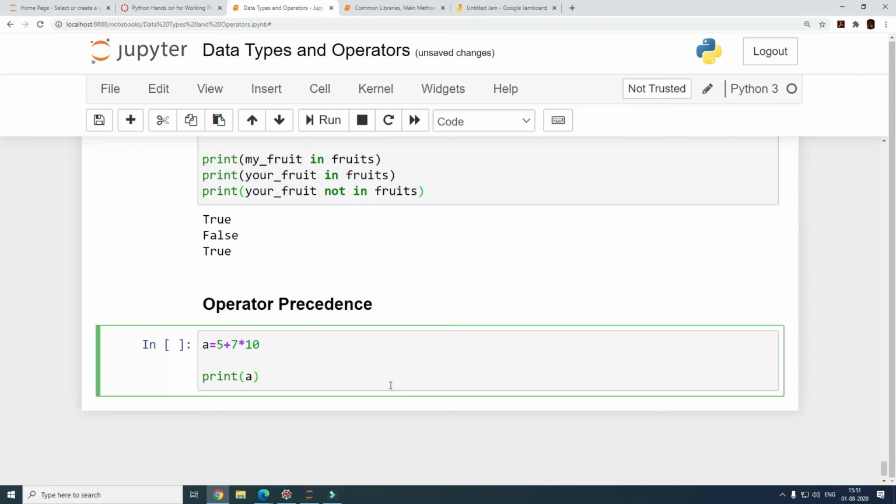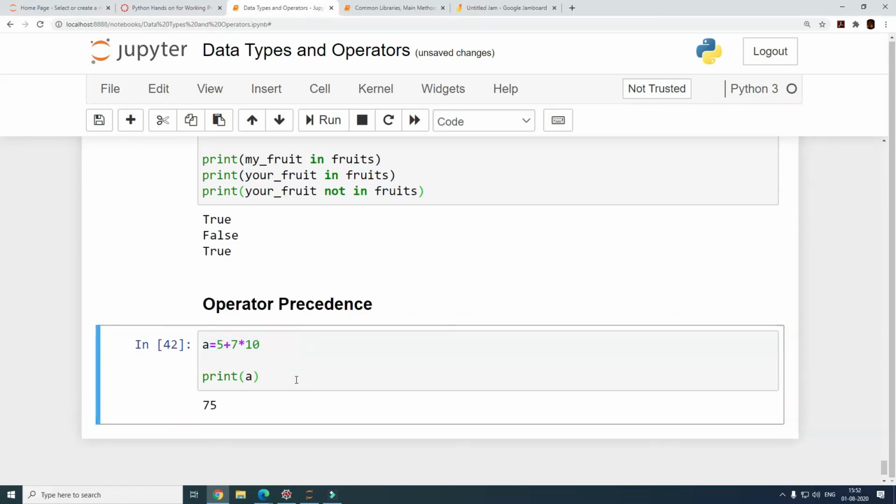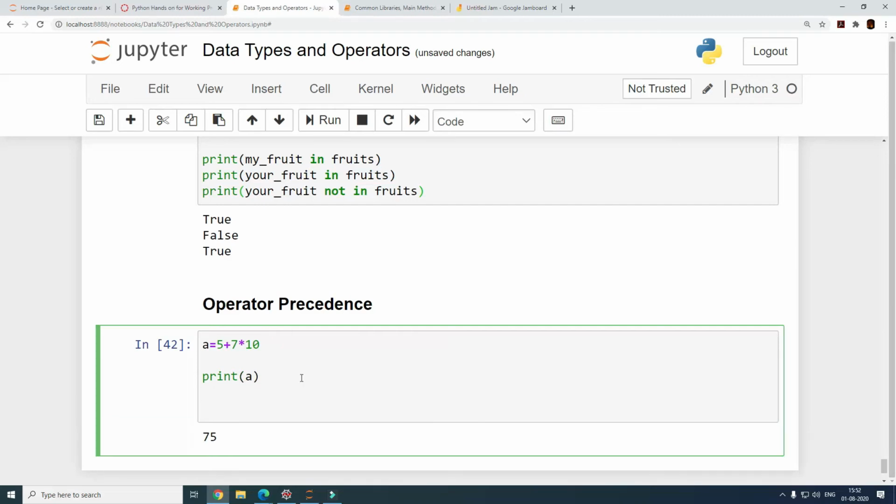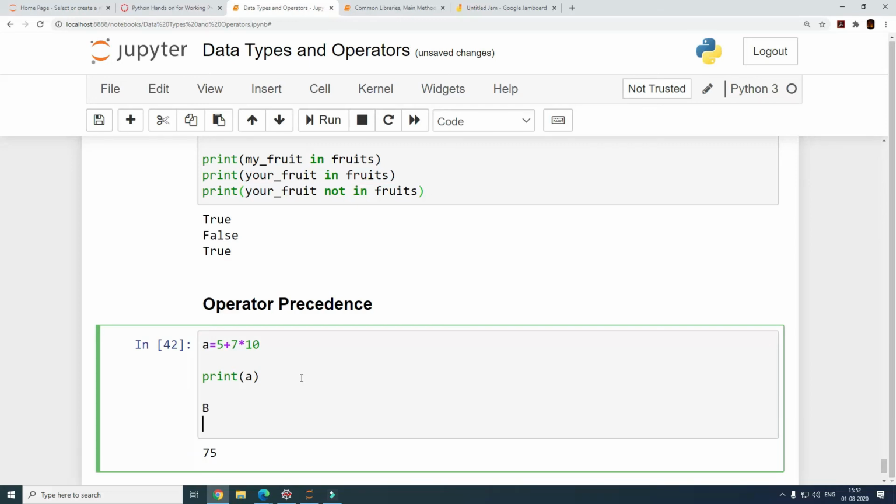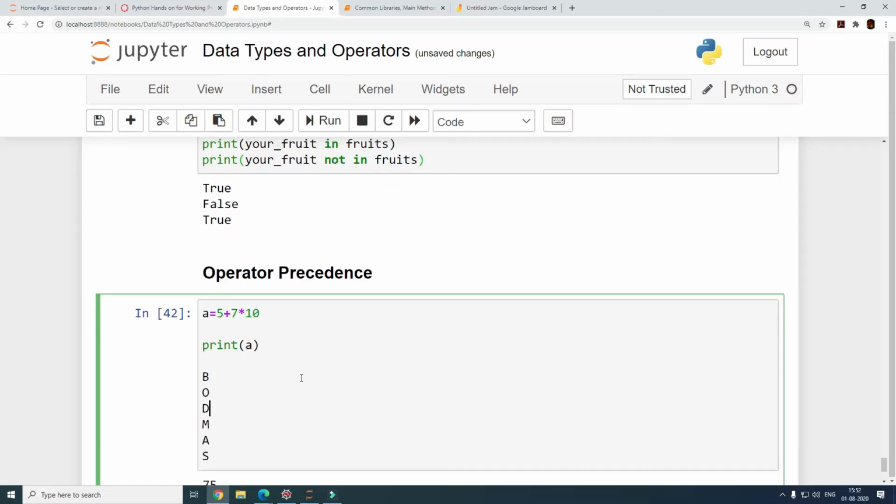Because first we have to perform the multiplication operator, and after that we will perform the add operator. Right. I think we have already learned all of this in algebra. This is the same concept which is applied here as well, right? This is not going to get executed from left to right. This is always going to have a precedence, right? And the precedence that it works with is the same that we learned in our childhood days,